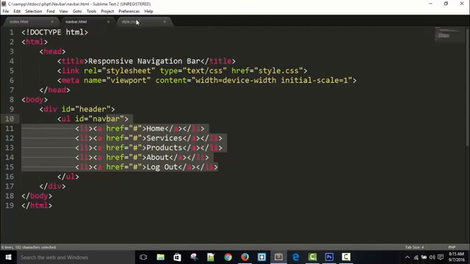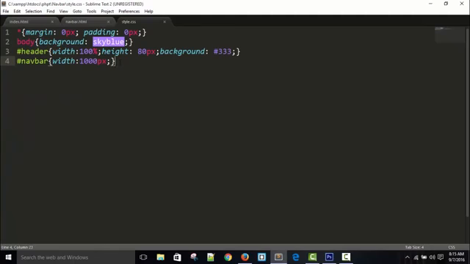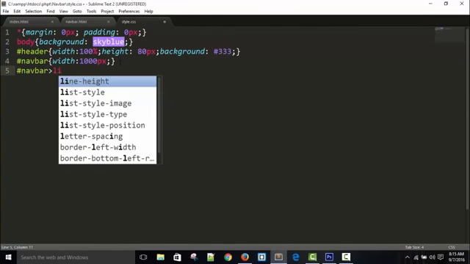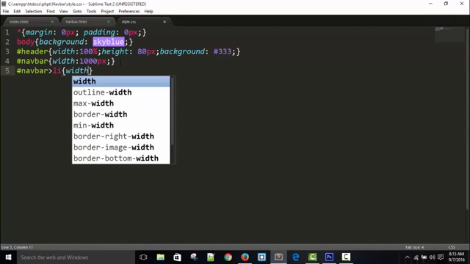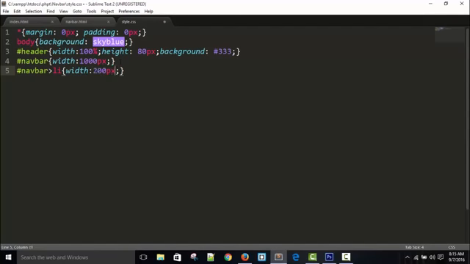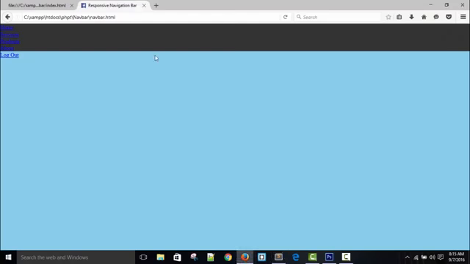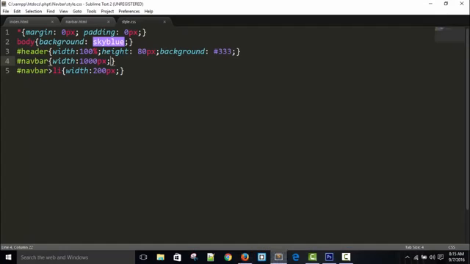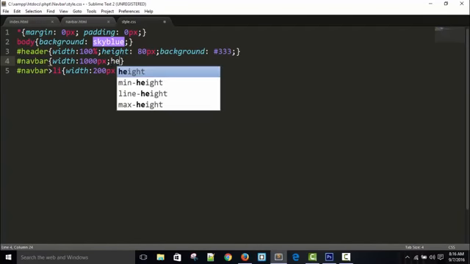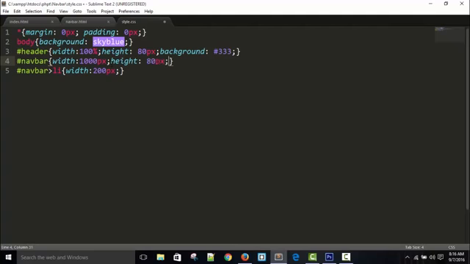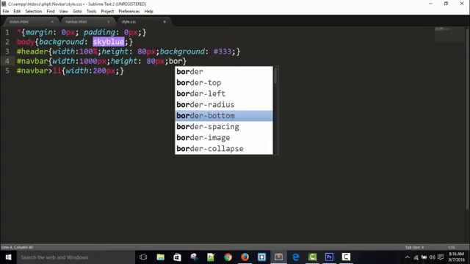So come here, hash navbar within list, and give a width of 200 pixel. I have given earlier, so now set a width 1000 pixel and height 80 pixel, same as the header. And for now I'm showing you border